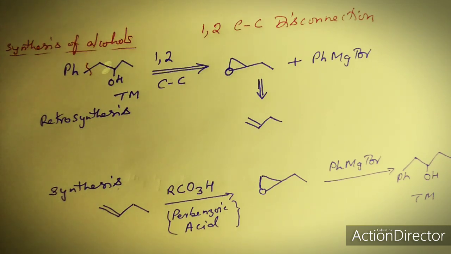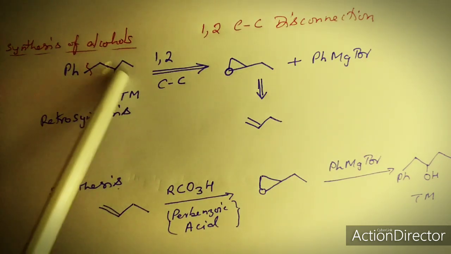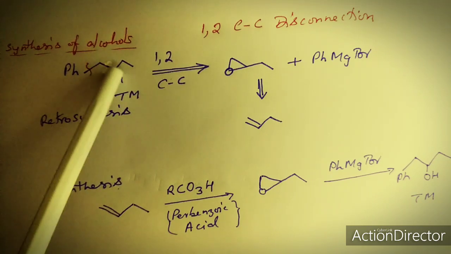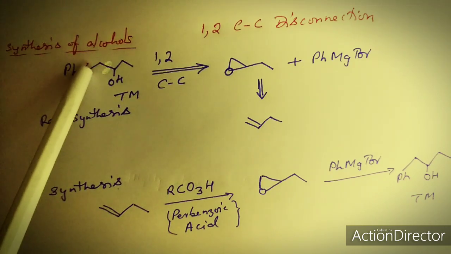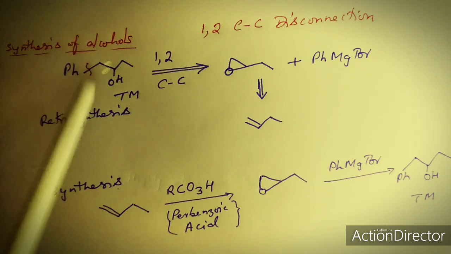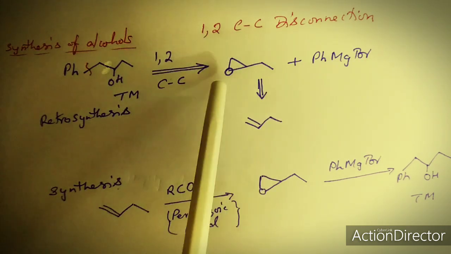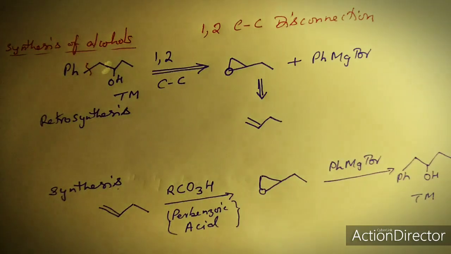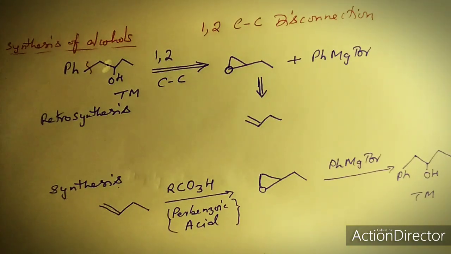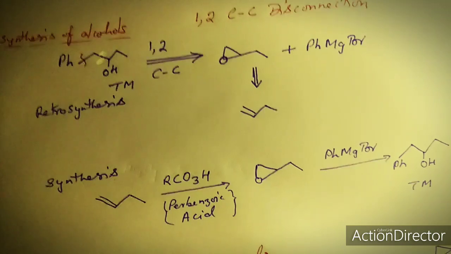Now we are doing the other disconnection, that is our 1,2 C-C disconnection. As we mentioned earlier in that brief summary which I had written on the first page, that implies the carbon atom two carbons away from the functional group OH. So 1, 2, two carbons away, so we disconnect. Again we will get what? A Grignard reagent, and the other will be an epoxide ring. So this is the epoxide ring, this is the Grignard reagent, and when this is made to react,